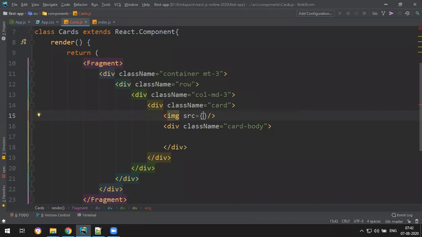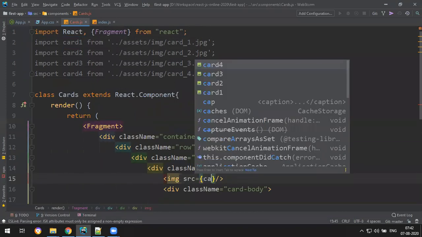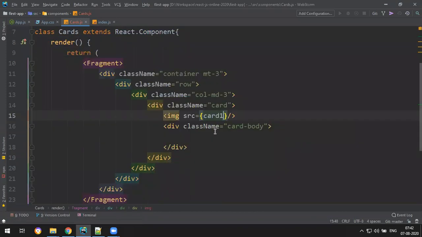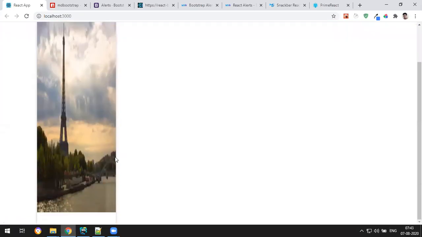This is to substitute some dynamic data. As of now we write static data, but when you want to substitute some dynamic data, you use this React expression. My dynamic data is this card I want to substitute here, so let's say card one. Remember this is a React.js expression. In future we use a lot of expressions, to substitute dynamic data. Now check, you get the image.